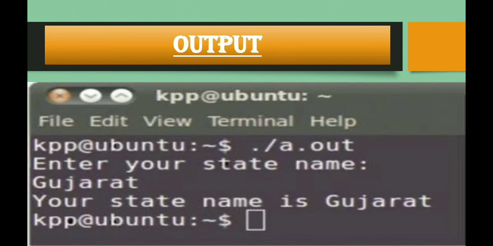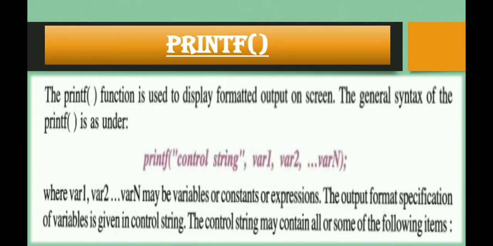Next we will discuss the formatted output function. Just as we discussed the formatted input function to get multiple inputs, or multiple types of input, from the user, the printf function is also used to display multiple values as well as multiple types of values. With the help of the printf function you can print characters, strings, float values, as well as numbers. So it is used to print multiple types of output on the screen.